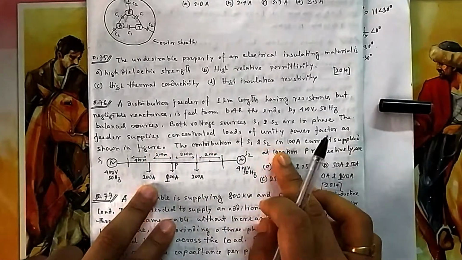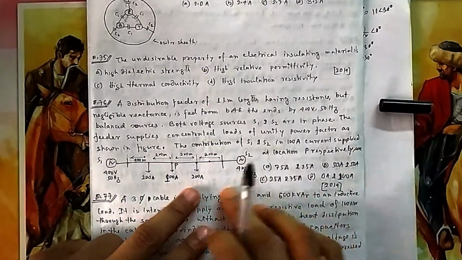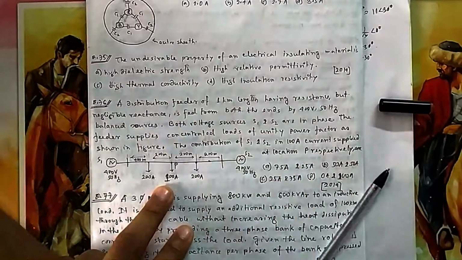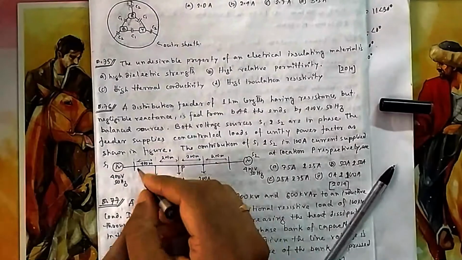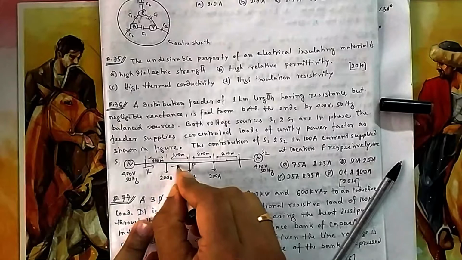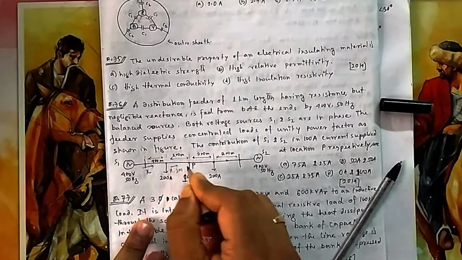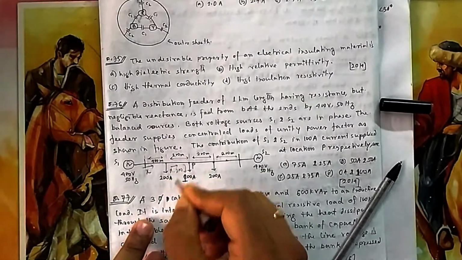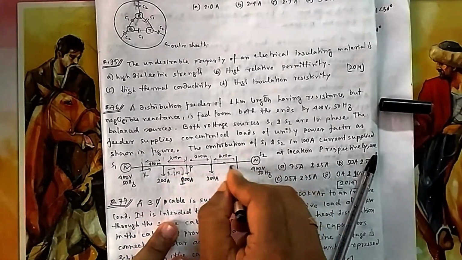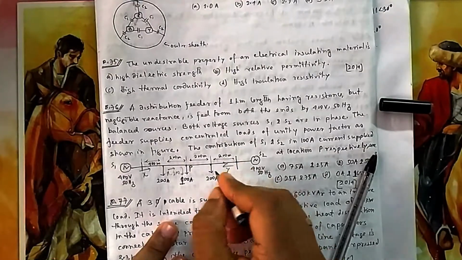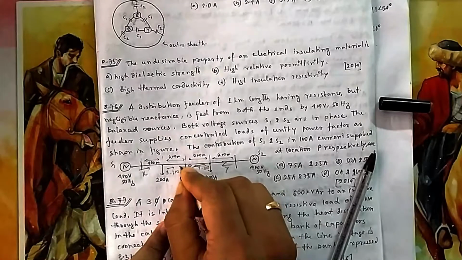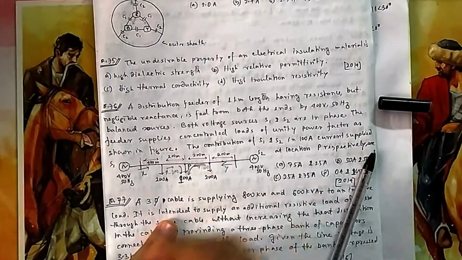What is the contribution of S1, S2 in the 100 ampere current supplied at the location P, respectively? So some currents are coming from this side. If I consider this current as X, then it will be X minus 200 here. And then some current will flow from the other side. If it is Y, this current will be Y minus 200, because they are asking about currents spreading from both sides.